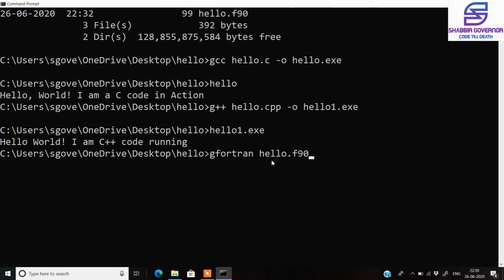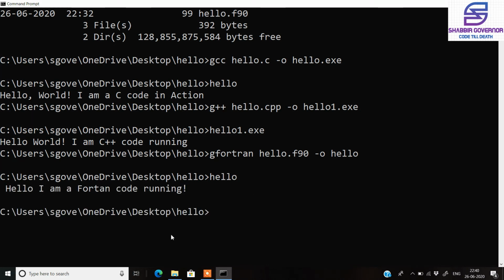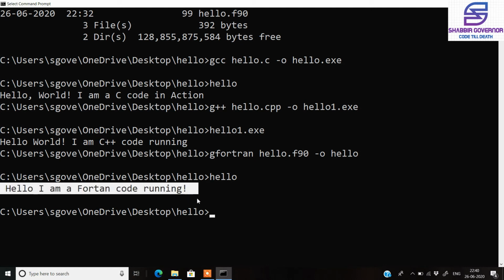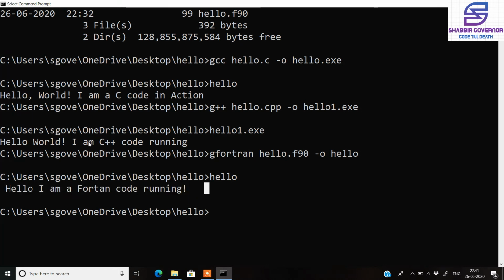The extension for a Fortran file is .f90, and then we need the output of this into something else. So I write hello again. We get no errors. That means the Fortran file doesn't have any syntax issues. Now to run the Fortran code, just type hello again and press enter. You can see here that we are getting the output for the Fortran code also. Suppose we had some error, that would also be shown in this command prompt.